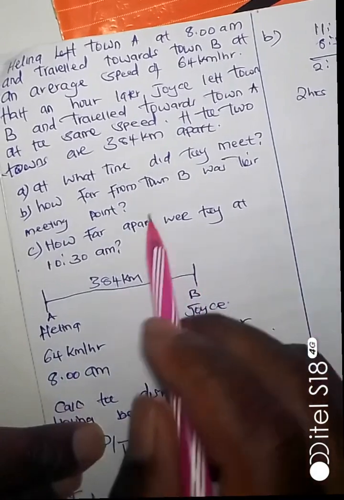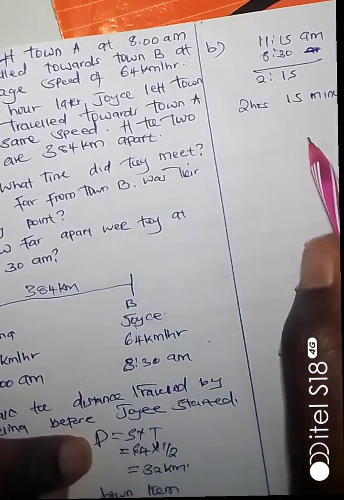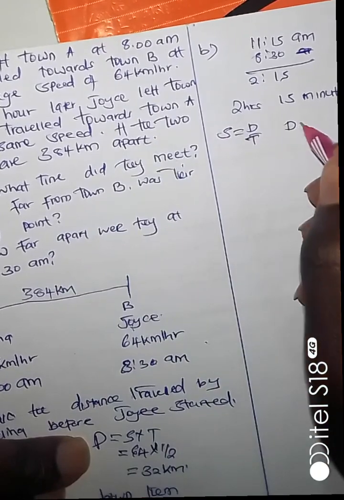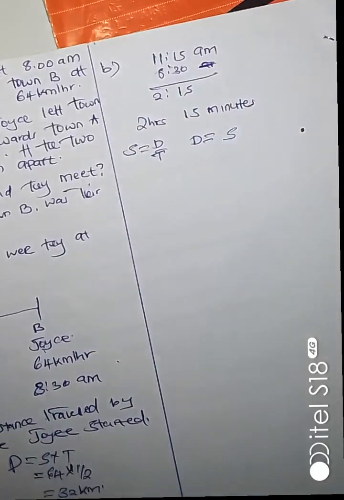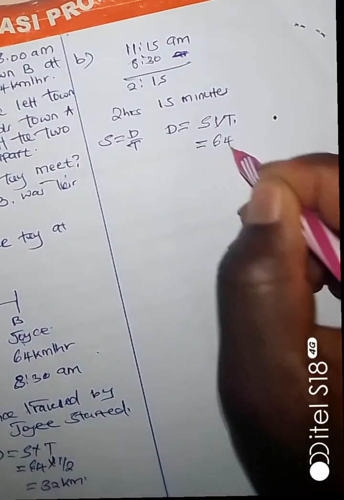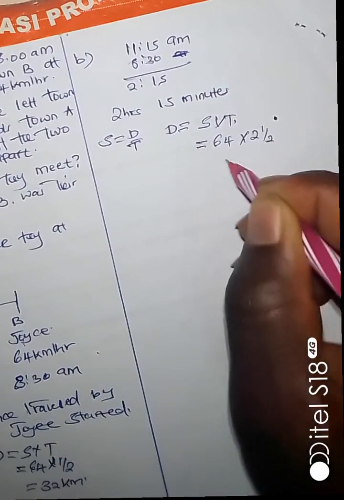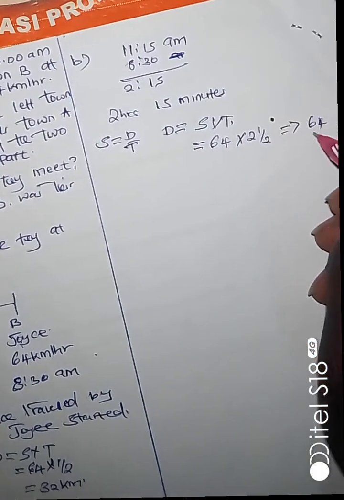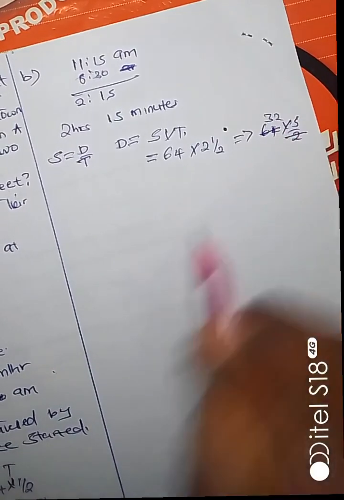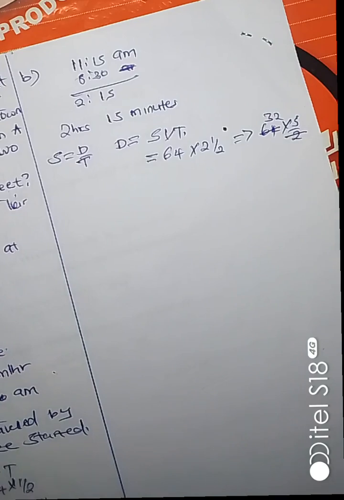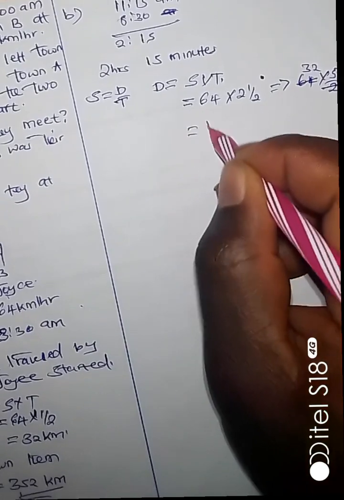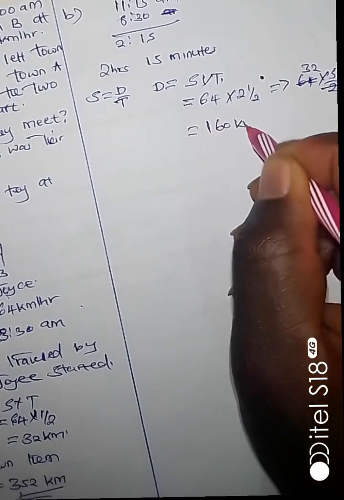Now we are told how far from town B was their meeting point. Now we are going to use speed is equal to distance over time. Now our distance will be speed times time, which is 64 times 2.25. So which is 64 times 9 over 4. By this one, by this 16, it will be 16 times 9, which is 144. So it is 144 kilometers